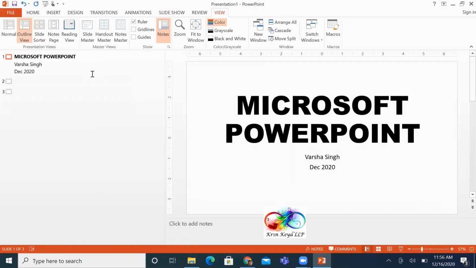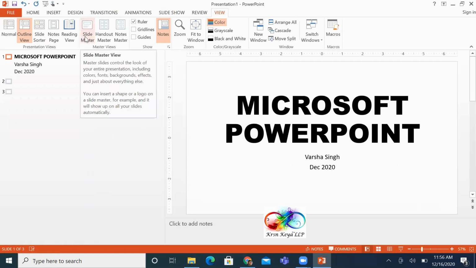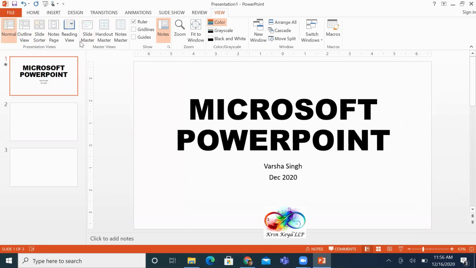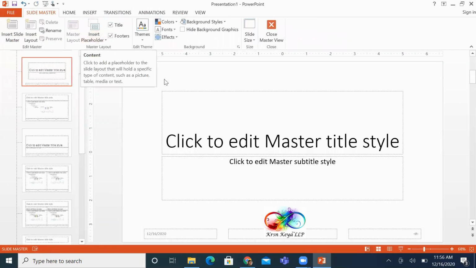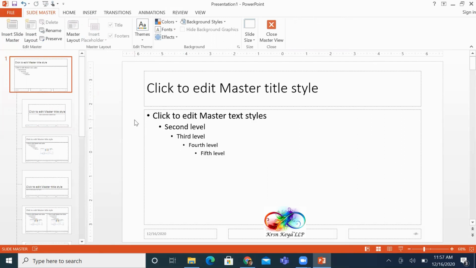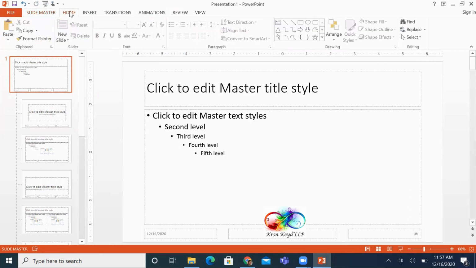And then you have slide master. Slide master is a place where you are actually going to add components. For example, I want a border for this slide, for my main slide. Now I will go and pick up all the slides, and now I want to add a border. How will I add a border? There are different ways in which you can do it. You will go to the home tab and you will pick up, for example, I want it to look like